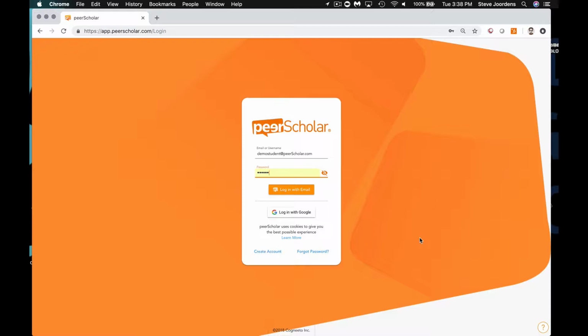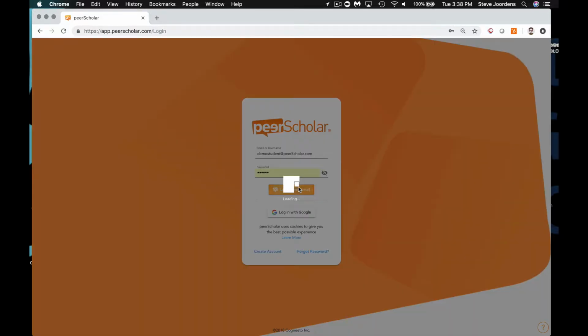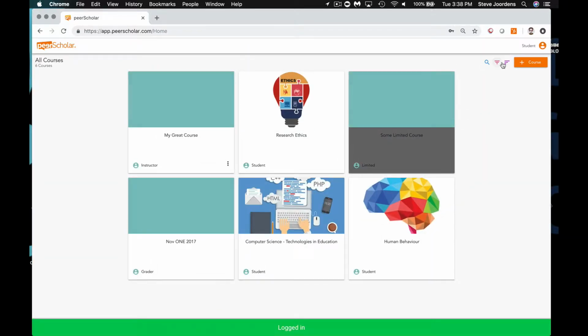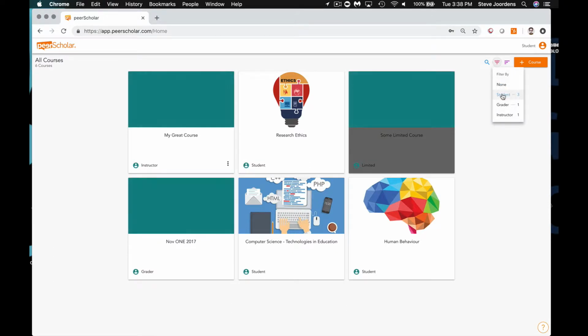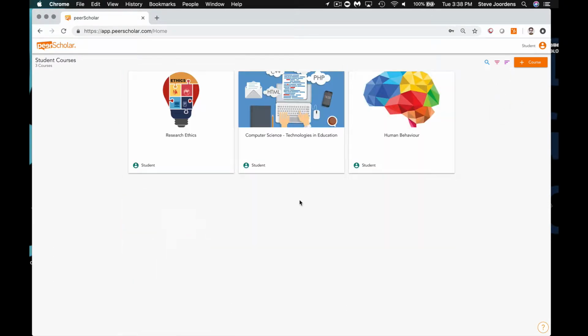This is one of them, by the way. So in the standalone, people would come to app.peerscholar.com. They could register an account, etc. And they would log in, and this would bring them into their student account. I'm just going to show you the courses that they're a student in. So they would see any courses that are using peerScholar that they're a student within, and then they could click